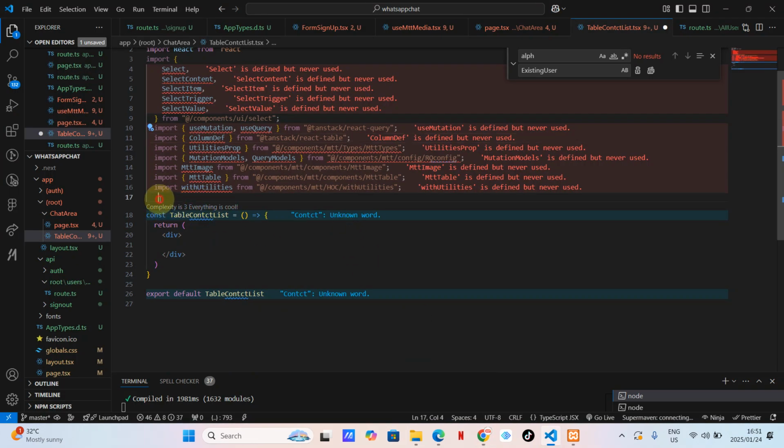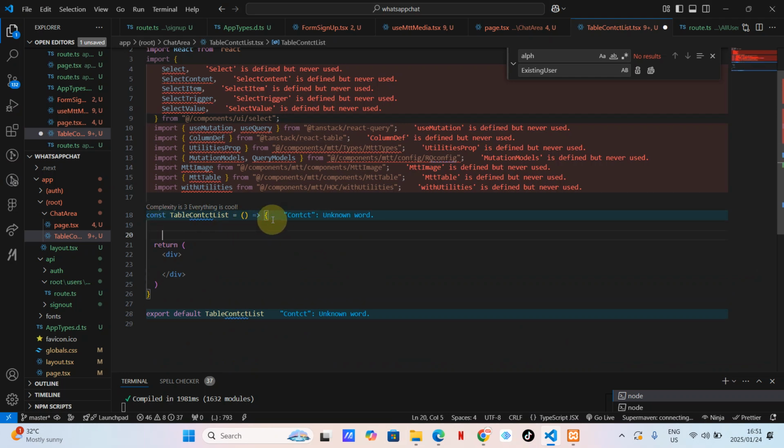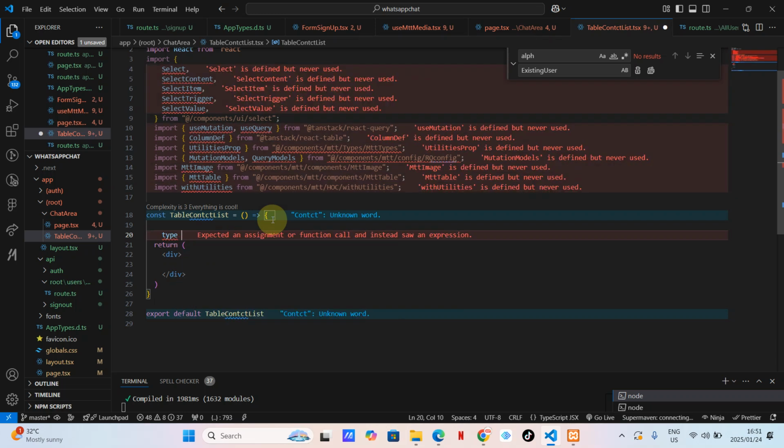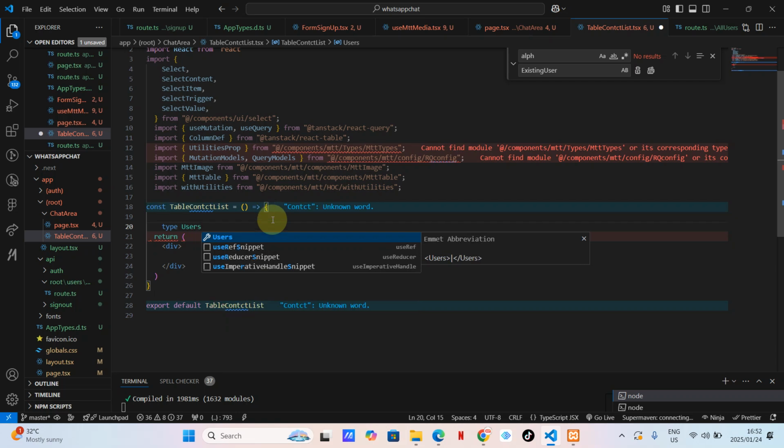Let's define it outside. Let's define it inside here. Let's say type, sorry, this is not type. Type what? Type contact list or user. Type users, yes. Okay, type users